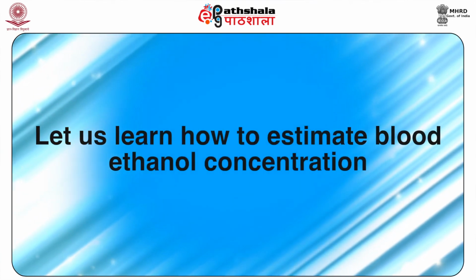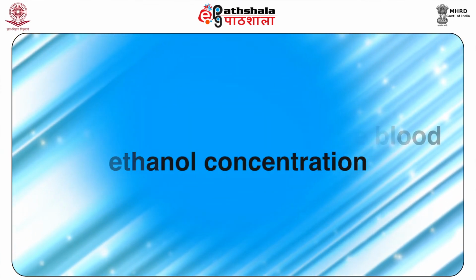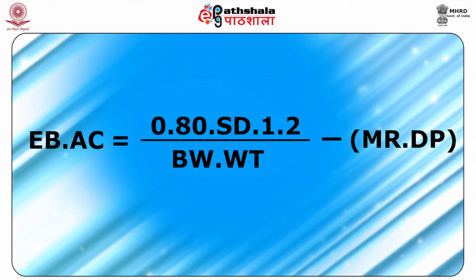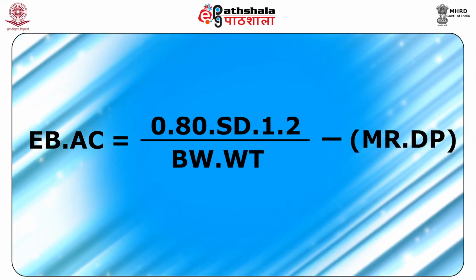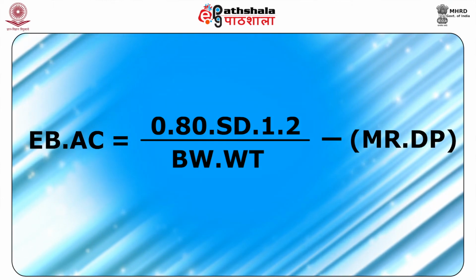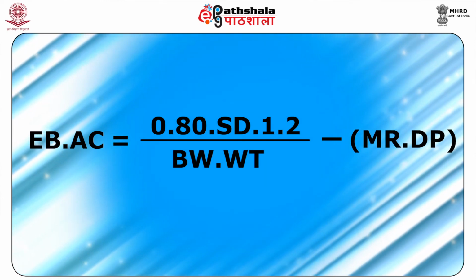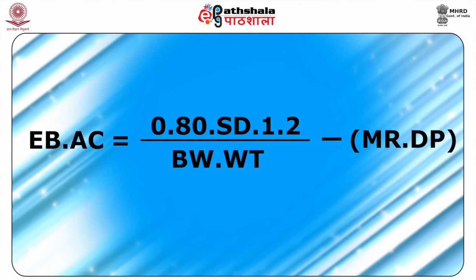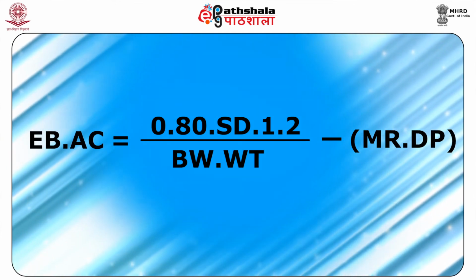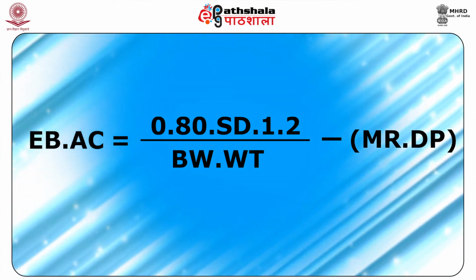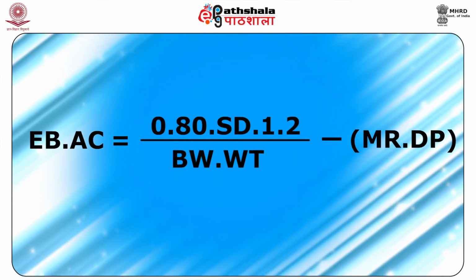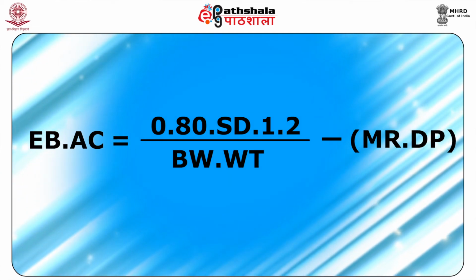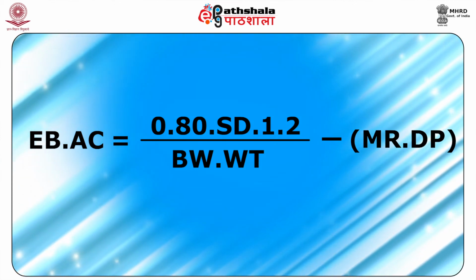Let us learn how to estimate blood ethanol concentration. To calculate estimated peak blood alcohol concentration, or EBAC, a variation including drinking period in hours of the Widmark formula was used. The formula is EBAC is equal to a factor of 0.806 multiplied by SD, that is, number of standard drinks containing 10 grams of ethanol, and multiplied by a factor